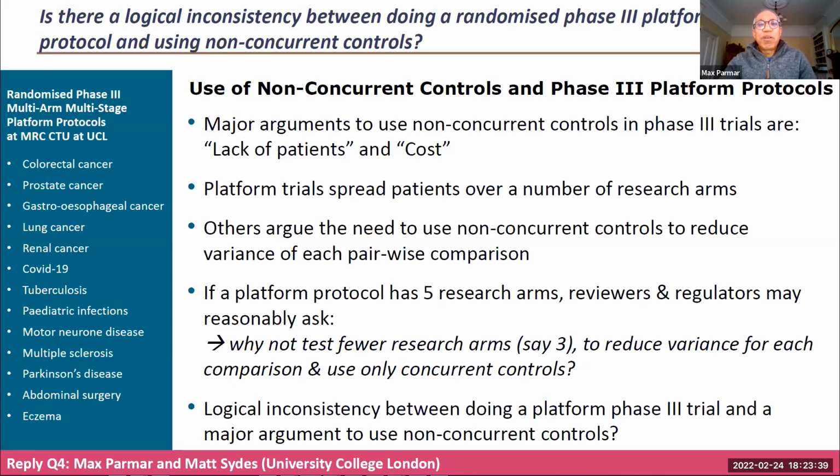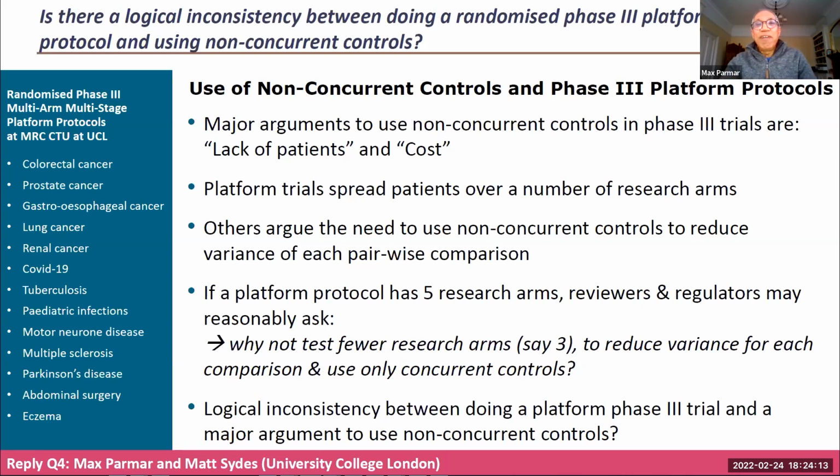And we've thought hard about the value of looking back at them, the value of looking at either non-concurrent controls, because a number of them are continuing over a long period of time, for example, Stampede, compared to using just concurrent controls. And one of the arguments that we've considered is that actually we could reduce the number of patients and the cost of some of these comparisons if we use non-concurrent controls.